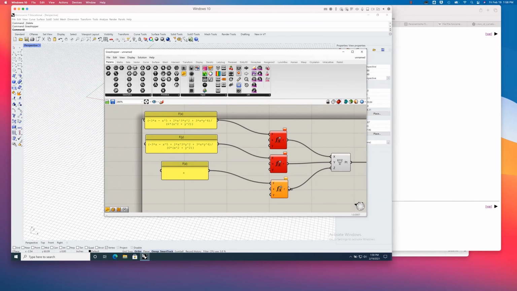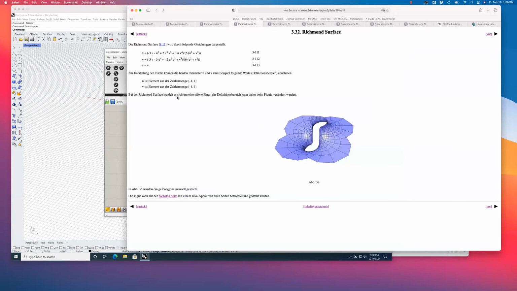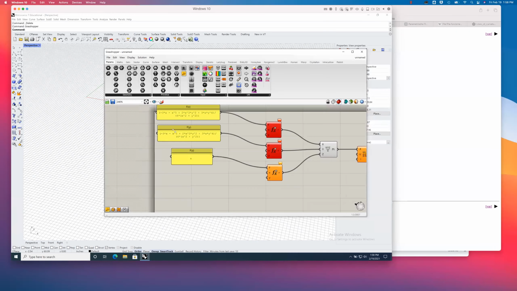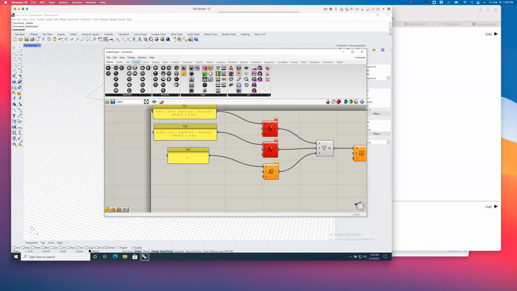But we need to actually put in a bunch of x and y values here. So it's telling us that for u and v, or otherwise x and y, we need a range of numbers between -1 and 1. And then also for v or y, list a range of numbers between -1 and 1. So rather than using series to create a list of numbers, I'm going to use range, because what that lets us do is set that minimum maximum. And so all of our numbers are going to be between that minimum maximum, between or equal to. So for the domain,